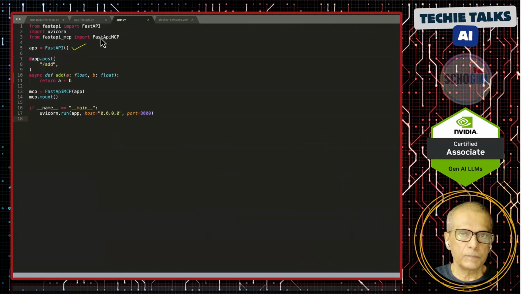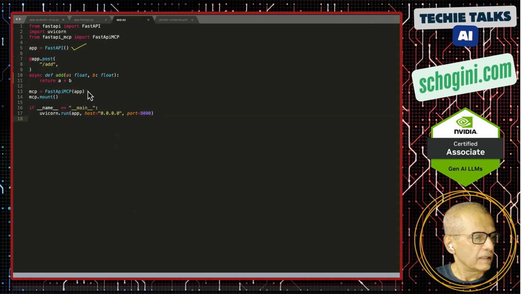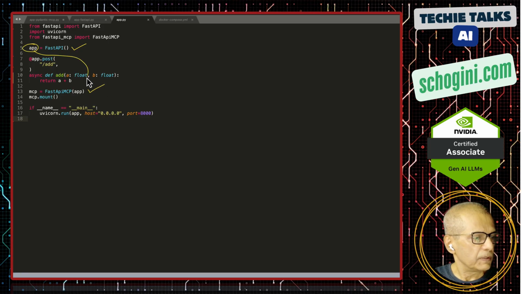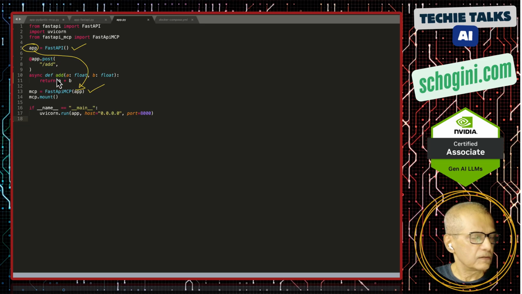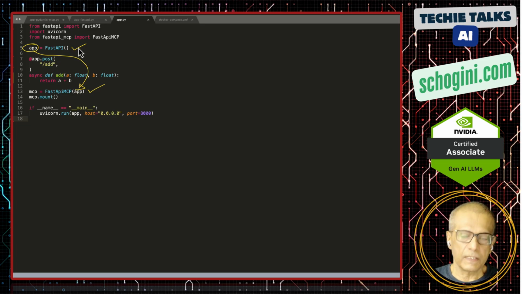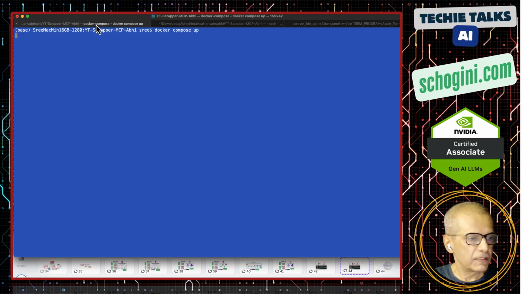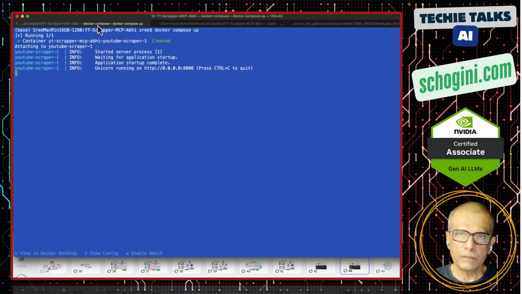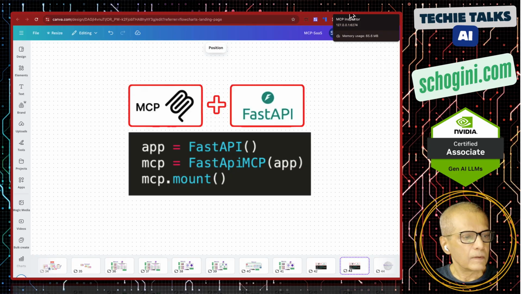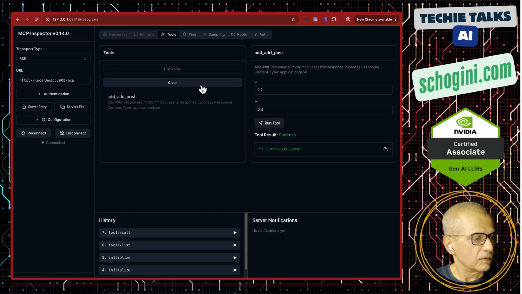So we have the FastAPI object created here. Then the FastAPI MCP object gets this app. And this decorator is what is connecting this add as a tool to our MCP. Let's run the application using Docker Compose up, simple plain Python execution. Now, if you come to MCP inspector